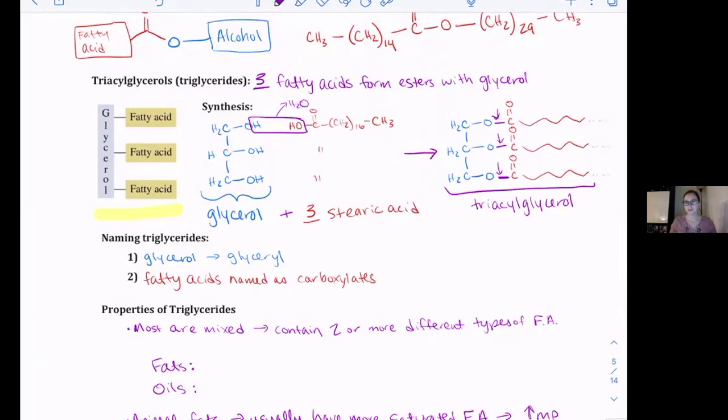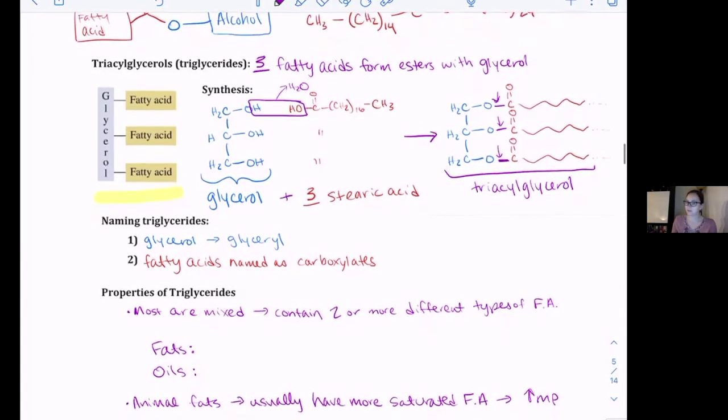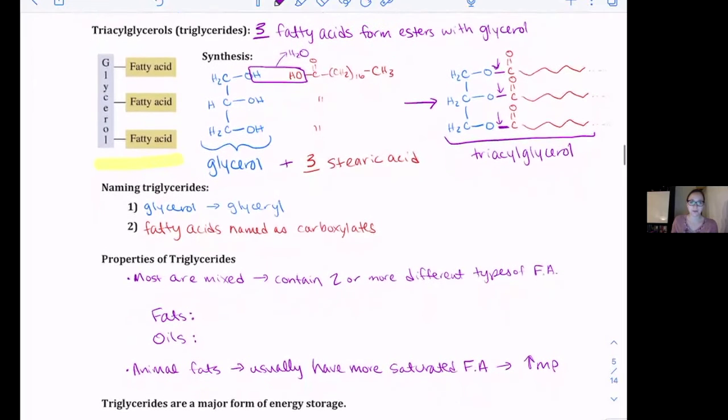Okay, so that's the general structure of triglycerides. And then how do we name these triglycerides? The first word is going to be from glycerol, but we change it to yl since it's at the beginning, so glyceryl. The second part is going to be the name of our fatty acids, named as carboxylates. So for this particular example that we just did,